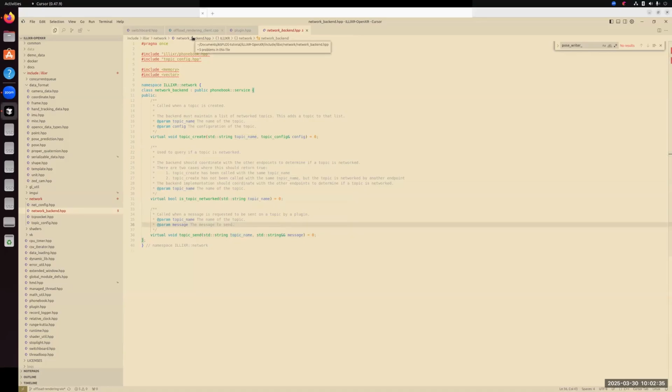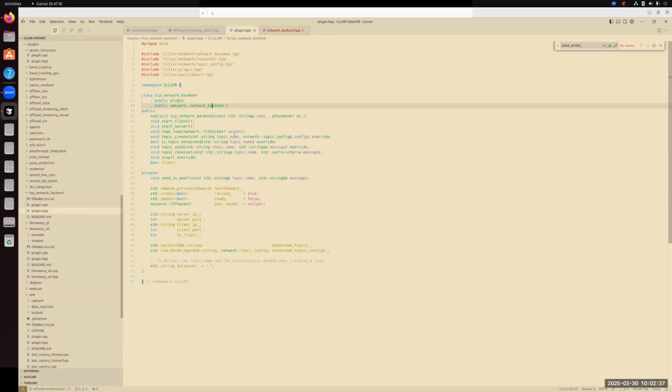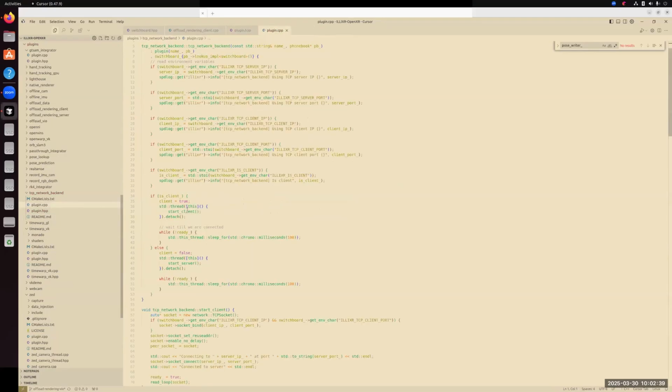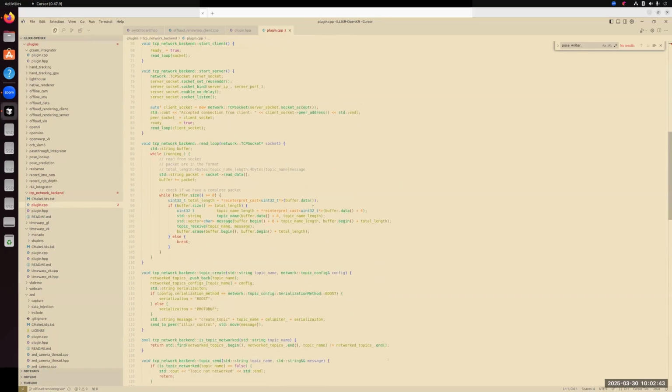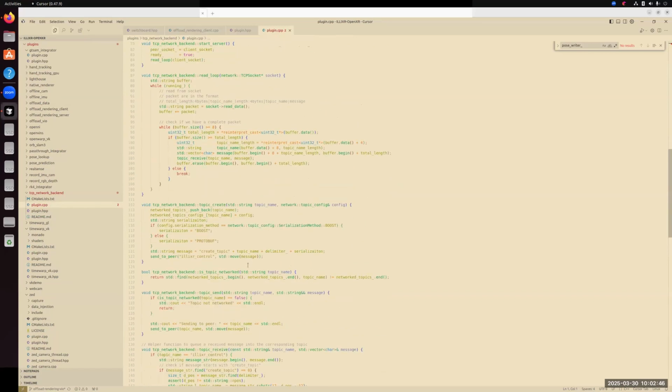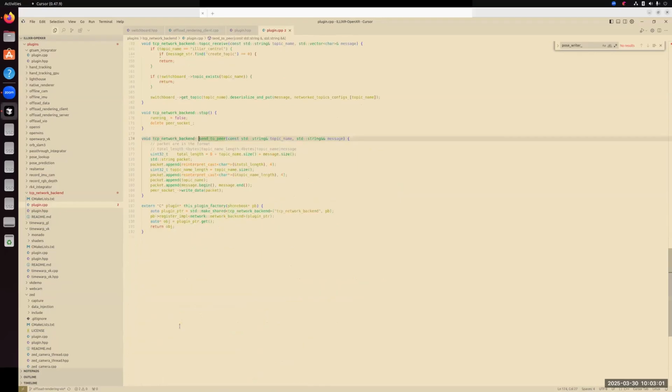So let's see how these are implemented in the TCP network backend. The important part here, I would like to draw your attention to line number 129, topic send. Here we would just receive a string, which is just a byte array of the serialized message, and we would just send it over TCP using a very simple packetization scheme.